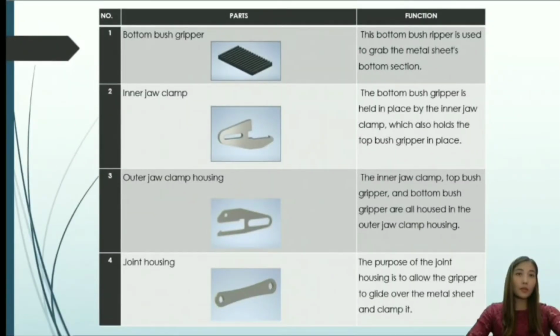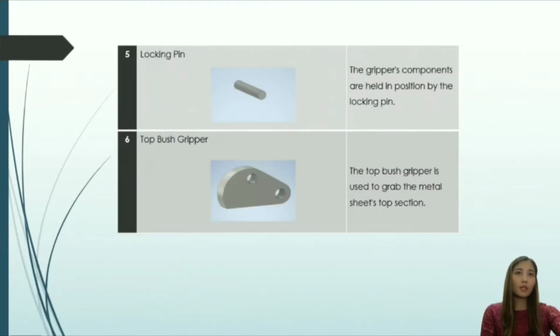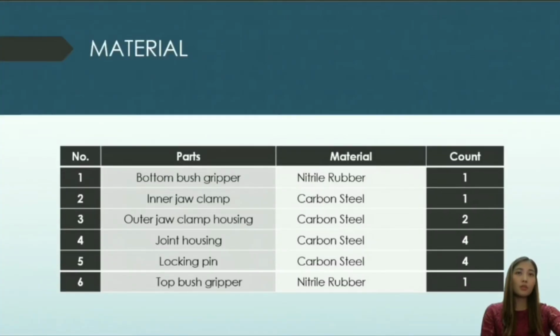So my name is Hani Brenda and I'll present to you parts, materials and pre-processing setup. So for parts, there will be 6 parts, which are bottom bush gripper, inner jaw clamp, outer jaw clamp housing, joint housing, and the locking pin, also the top bush gripper. For the material used, the bottom bush gripper and top bush gripper have the same material, which is natural rubber, but for the inner jaw, outer jaw clamp housing, joint housing, and locking pin, it uses